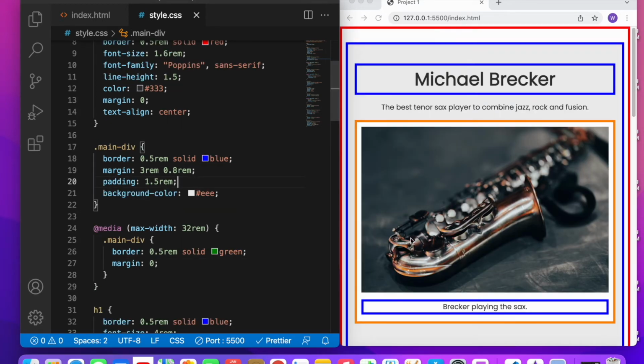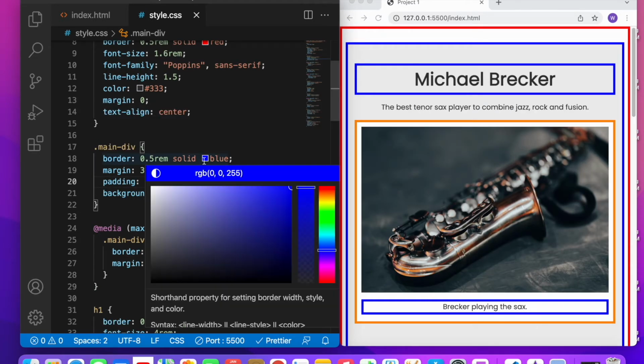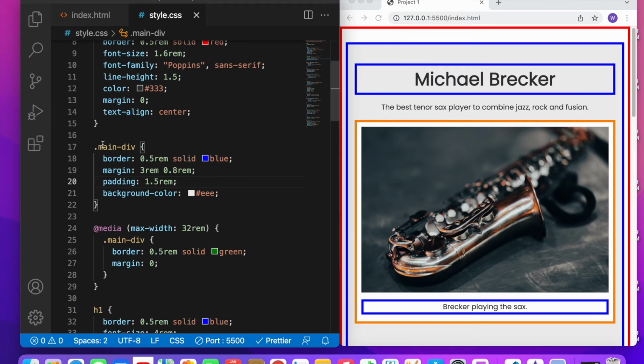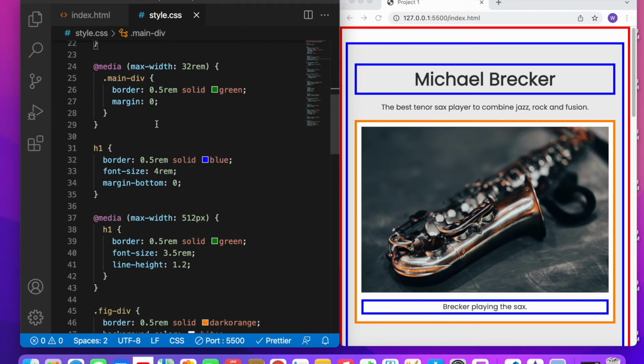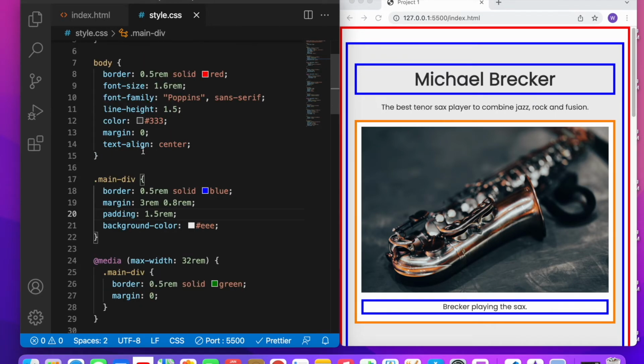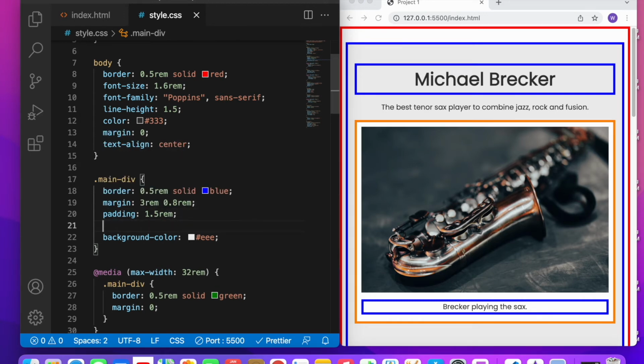The last thing I want to do, I want to show you what a border radius does. And we're going to go back to the main div at the top, all the way at the top just about, which is right here, line 17. And it's the blue border here. And I'm going to take those borders off in a second. But let me show you, okay? I'm going to do border